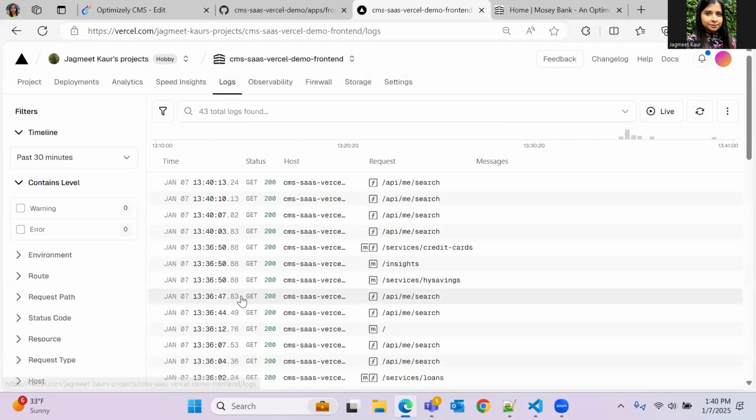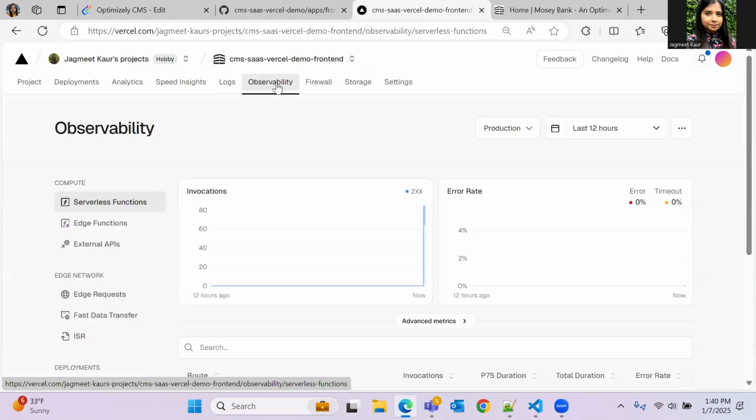Then the logs. Say your deployment is not successful for some reason. You can check the logs and see the reason why it is not deploying, and check the error and accordingly fix that by going into the logs. Then we have